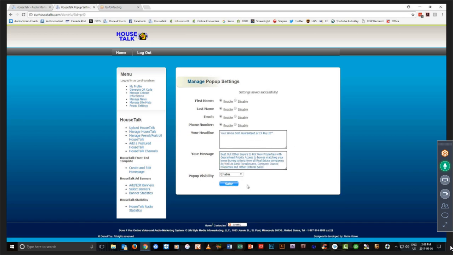And that's essentially all you need to do to have the pop-up feature enabled and working on your account. The other thing I would suggest, that you really should do, is go to My Profile. Now, I'll show you in a moment what the pop-up looks like, but when a user enters in their information, that information is going to be sent to your cell phone and to your email address